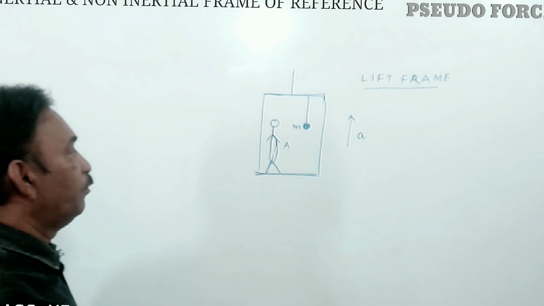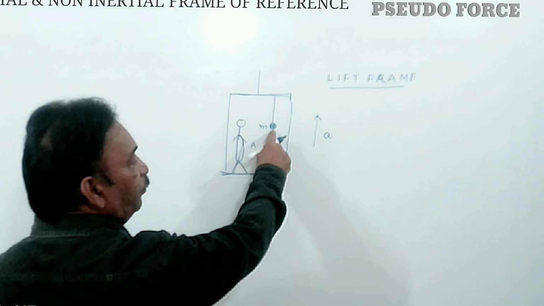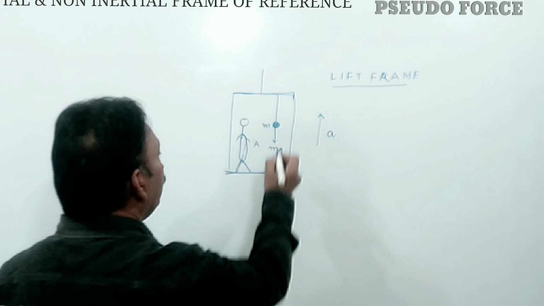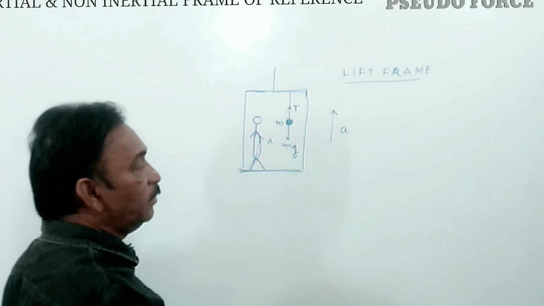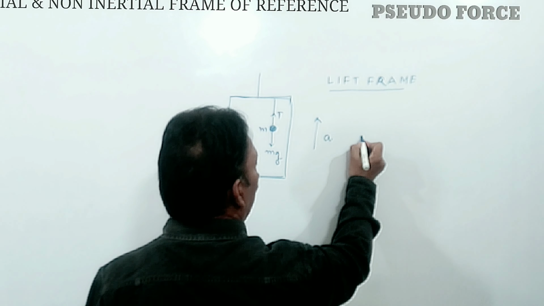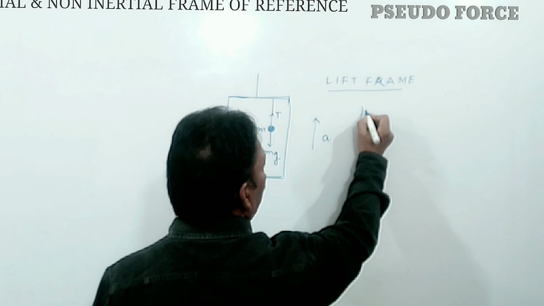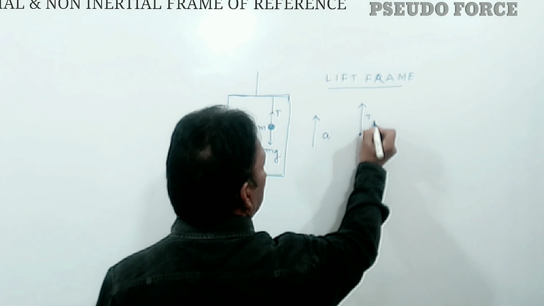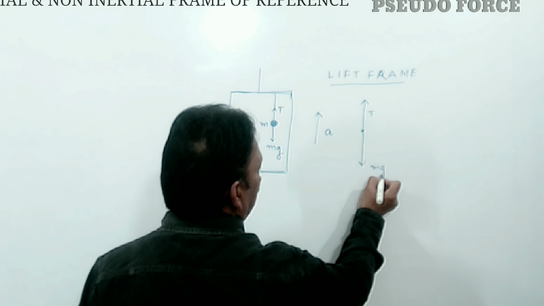Okay, students, this person is observing the mass and we are drawing the free body diagram of this. Here weight will act vertically downwards and there is tension in the string. If we draw the free body diagram, is the point mass from where we are showing the forces, is the tension,